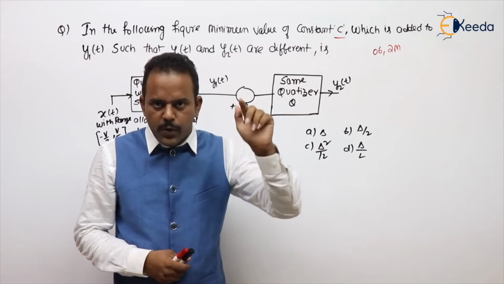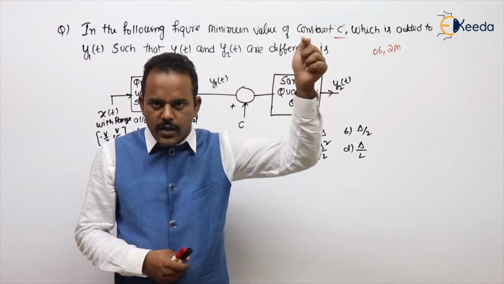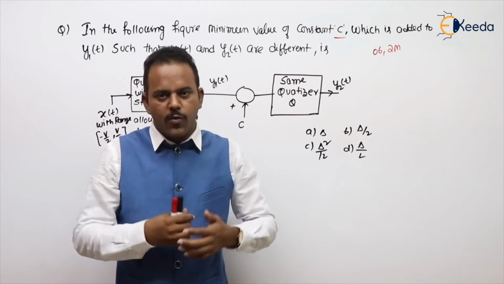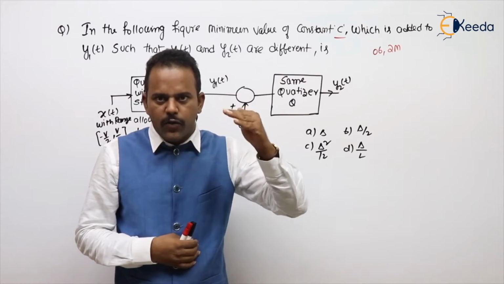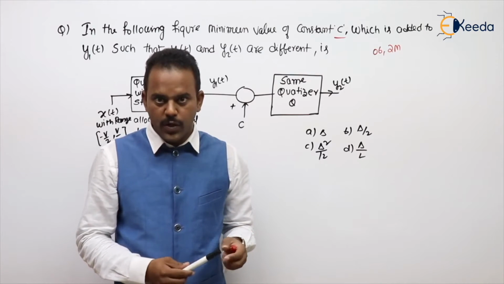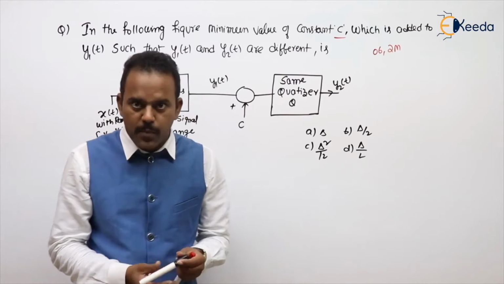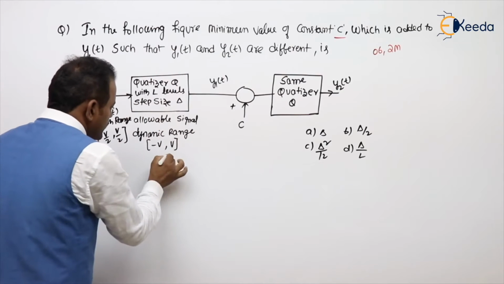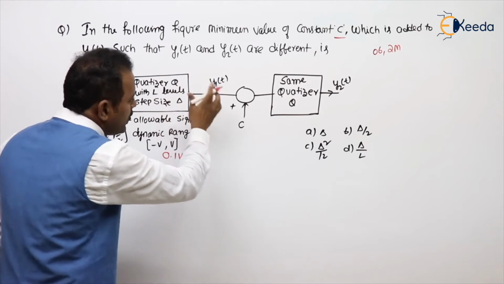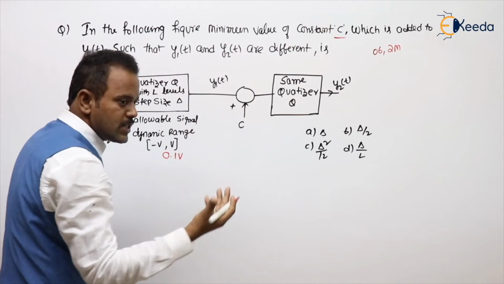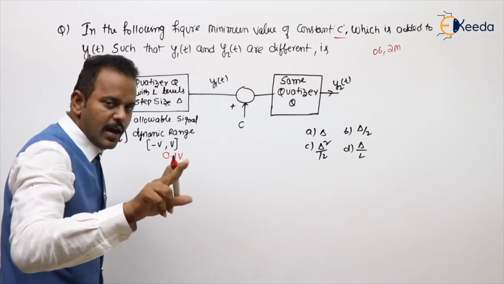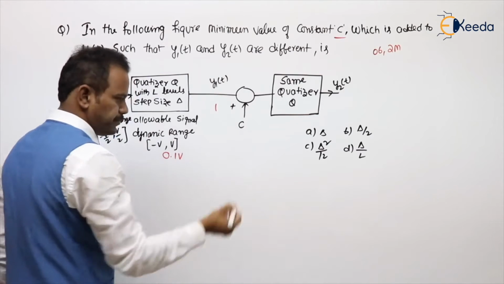0 to 2 is the first step, 2 to 4 second, 4 to 6 third, 6 to 8 will be the fourth step. And the middle of the step we assume as a quantization level, that is 1, 3, 5, 7. Try to recall that in your mind, or if not, see that video also, the quantization process. So for example, if here the input is 0.1 volt, then the quantizer will round off to the middle of the step or nearest quantization level. For 0.1 is in the first step, middle will be 1, or nearest quantization level also 1.